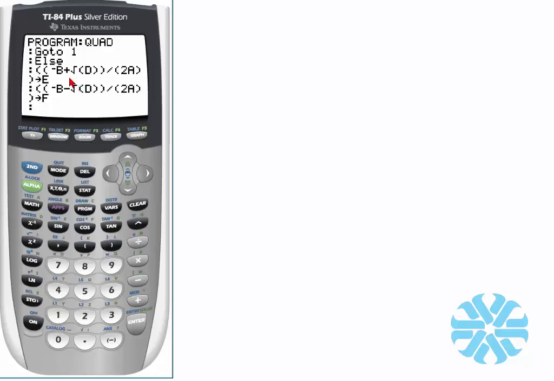Okay, so now let's move down to the next line right here. So after I stored the value in F, I would just select Enter, and that's going to create a new line. All right, so let's hit the Program button, and let's move over to the I/O, and then we want to display. So number 3,